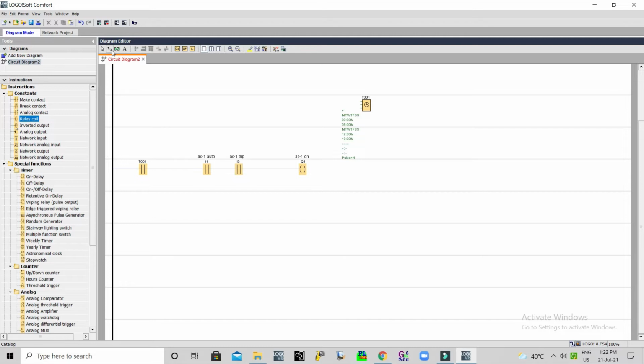Now if this is duty and it trips, then AC2 should run. When AC2 runs, if AC2 trips, then AC1 should turn on. So we will make that configuration also.